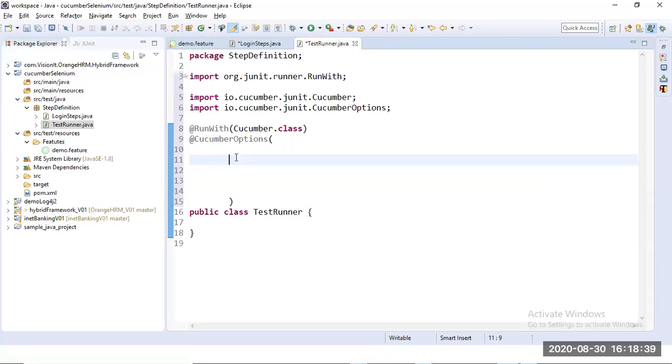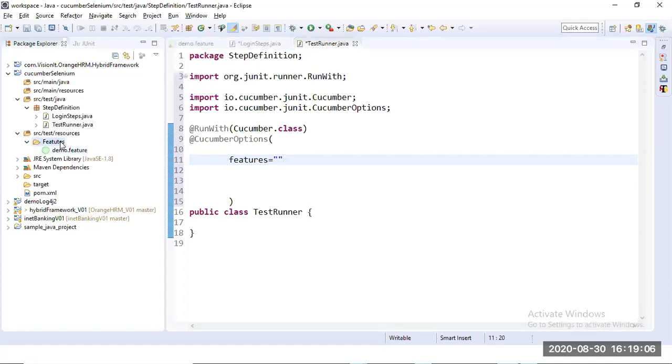For example, I will take features. What are the features you want to cover? Just use features equals to the location where your feature file is. The feature file is in the current working directory, you have a features folder, and within that you have the demo.feature file.